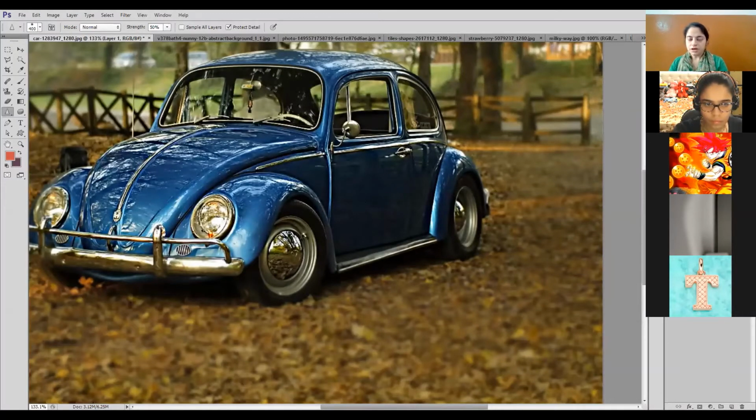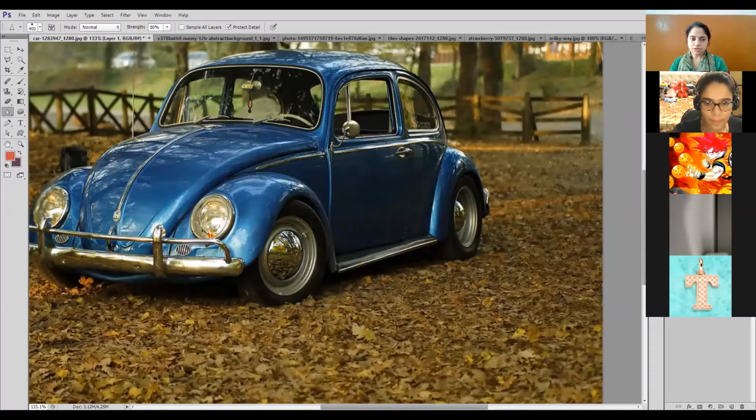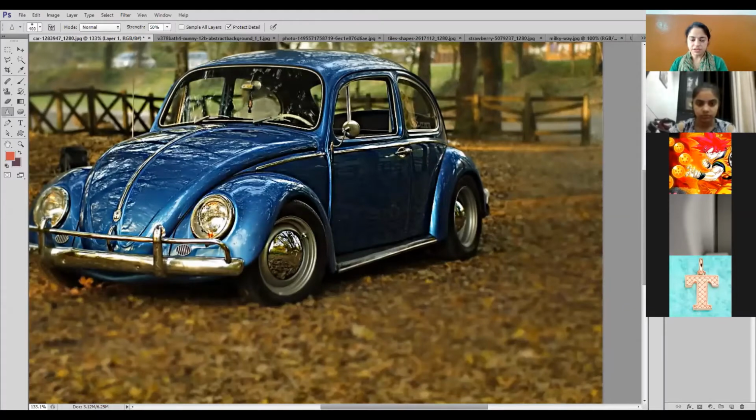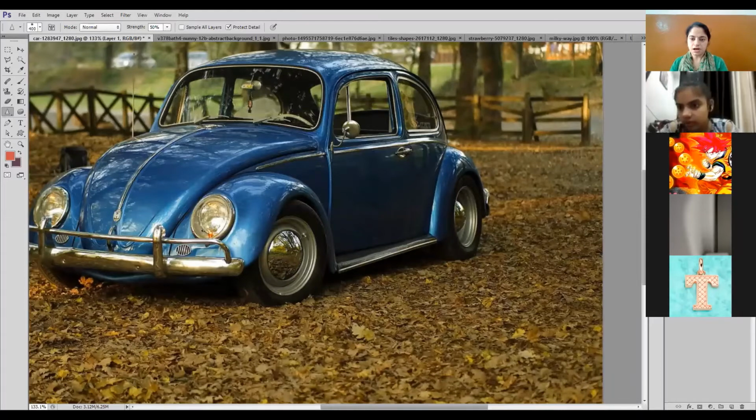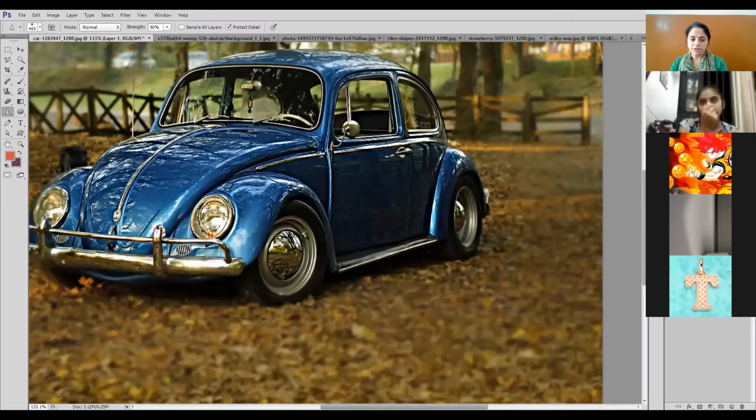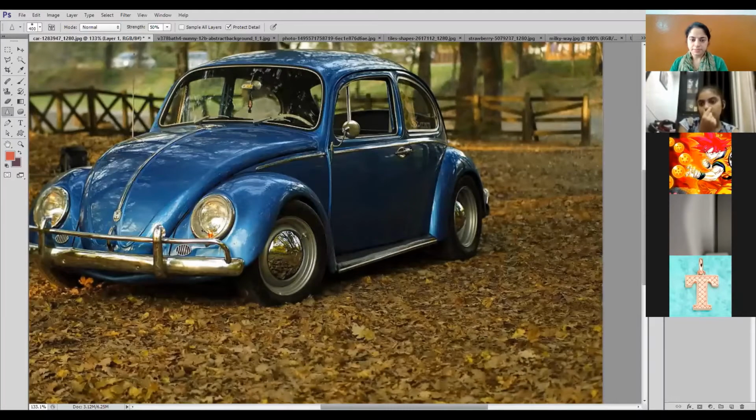Okay, now again I'm hiding the layer 1 on which I had made changes so that you can see the real image. This was the real image, this was the real car. Now on layer 1, this is after giving the sharpen effect.